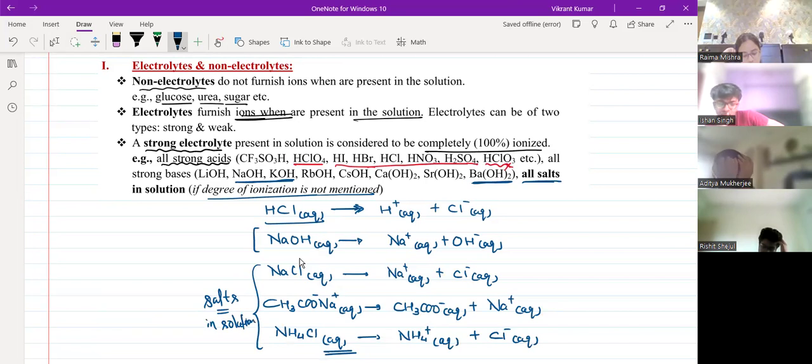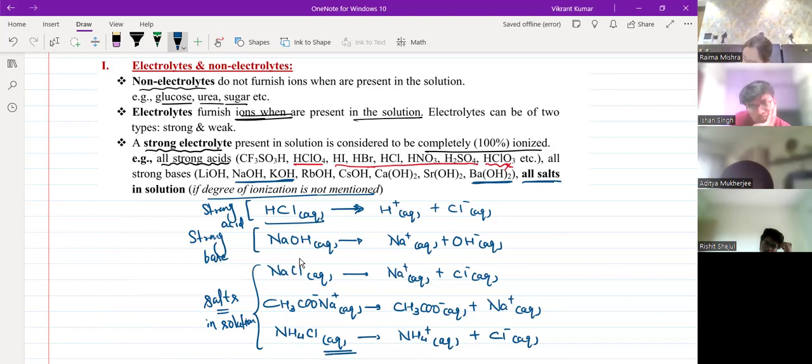This is strong base, and this is strong acid. Any doubt up to this point? तो ये कहानी थी स्ट्रॉन्ग एसिड्स की, स्ट्रॉन्ग बेसिस की एंड स्ट्रॉन्ग सॉल्ट्स. All the salts are considered to be strong by default if they have not mentioned. Sometimes they mention कि चलो ये 90% ionized होगा, 85% ionized होगा, then we need to take the partial ionization, we cannot take the complete. But whenever we are taking this complete, it will be a complete arrow directed towards one side, left to right. Is it okay? Any doubt in this part?